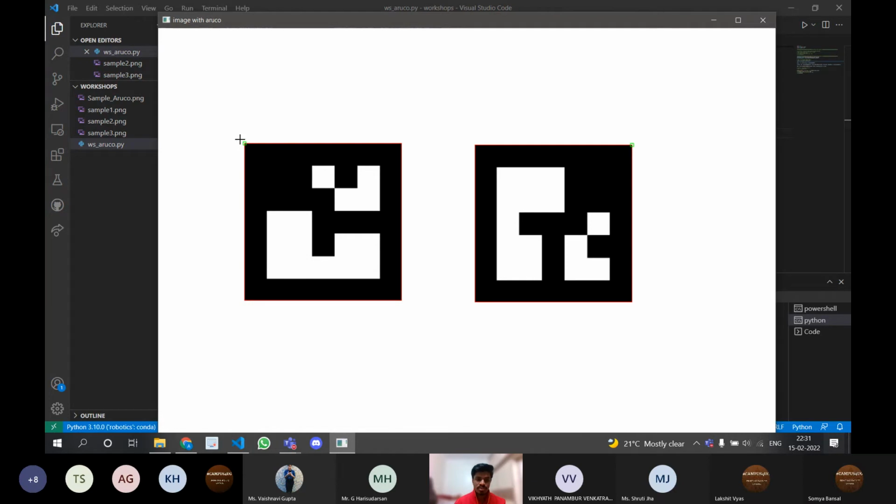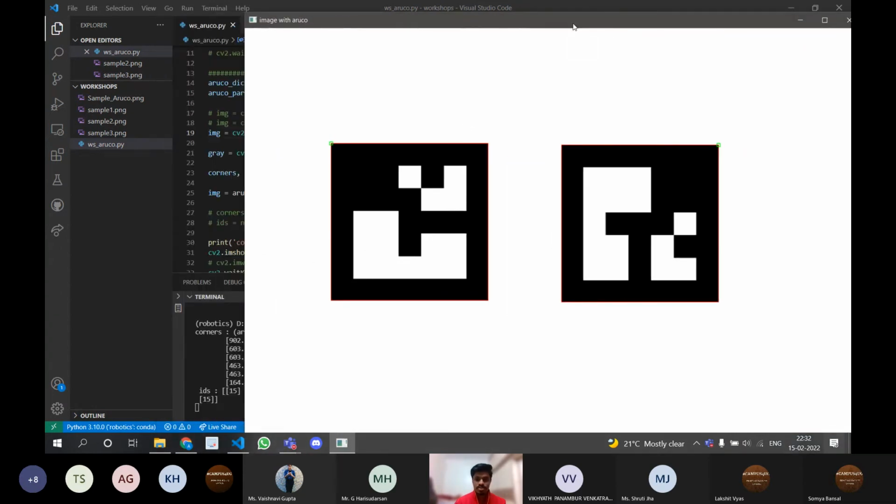So it's detecting the corners, the first corner to be at the top left, and the others we can just take in clockwise order. So it returns them in clockwise order. Now when we rotate this Aruco marker towards the right, the location of the first point with respect to the ID is fixed. Like in the inner grid, if you rotate it, this part also came to the right. So the relative location of these will always be fixed. Now this is the first point that will be returned by the